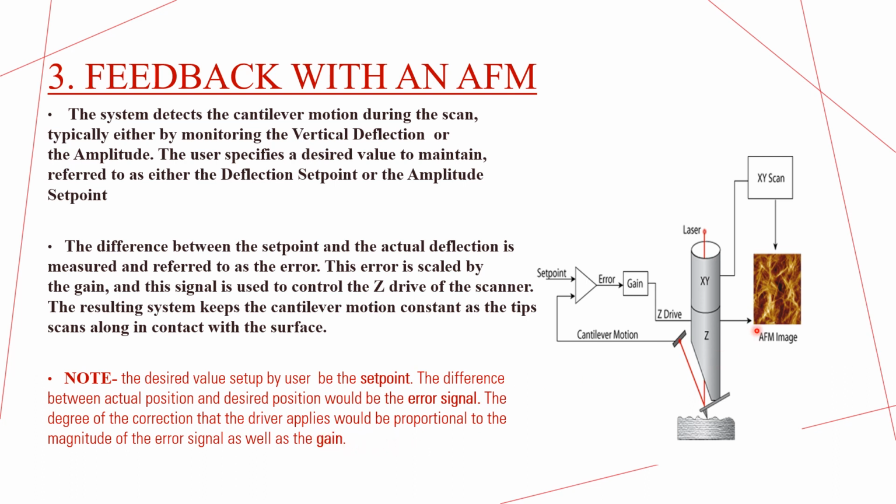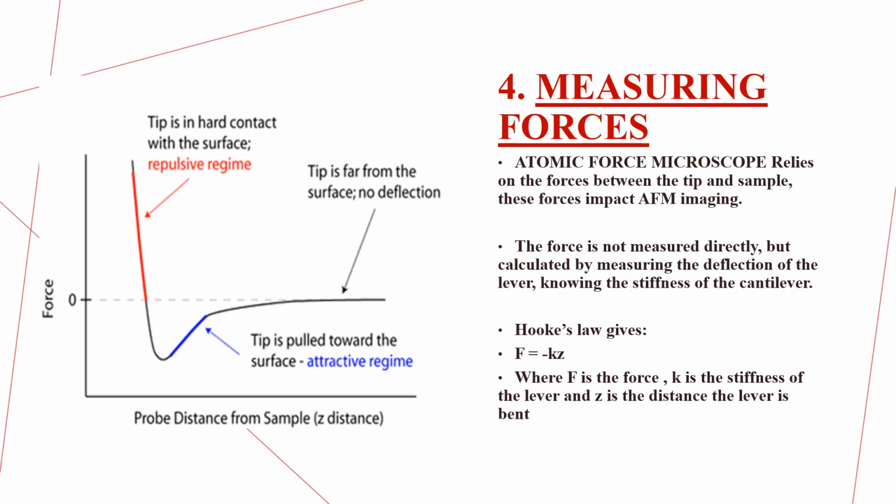And this is the whole setup, how this works. This is the probe, the cantilever, and again this is the sample. This is how the cantilever changes, goes to the position sensitive photo detector, how the error is detected, and how with the help of the piezo drive scanner this whole atomic force imaging is done.